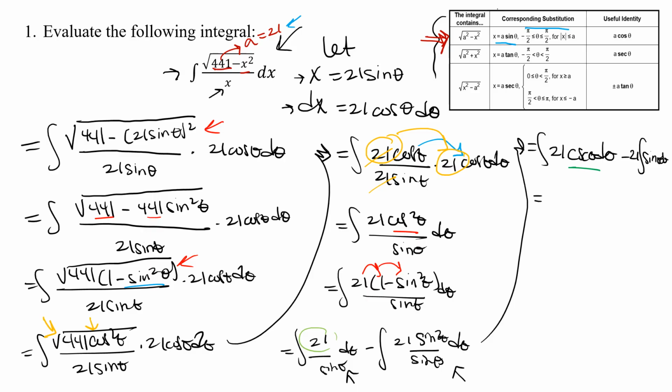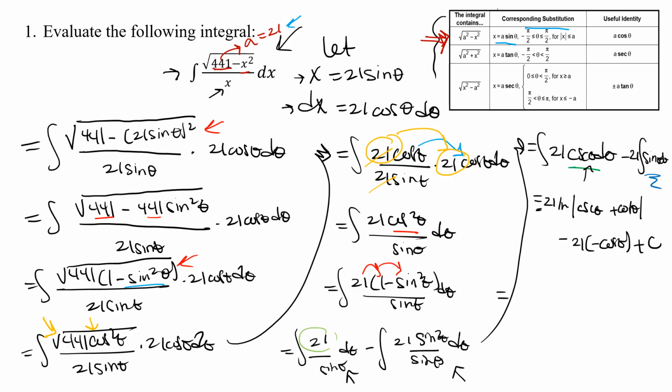So we still got that 21 in the front, and then it's actually going to be times negative 1 over a, right? Your a in this case is just understood 1. So natural log, absolute value of cosecant theta plus cotangent theta. All right, and then minus, now we have to take care of this other integral over here. And so we have that 21 in front, and then we know the integral of sine is just negative cosine. Okay, then we have the plus c. So if we put this together,